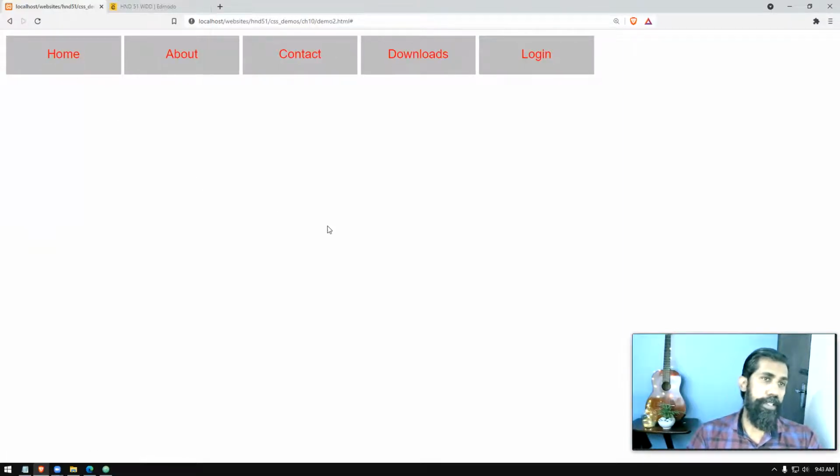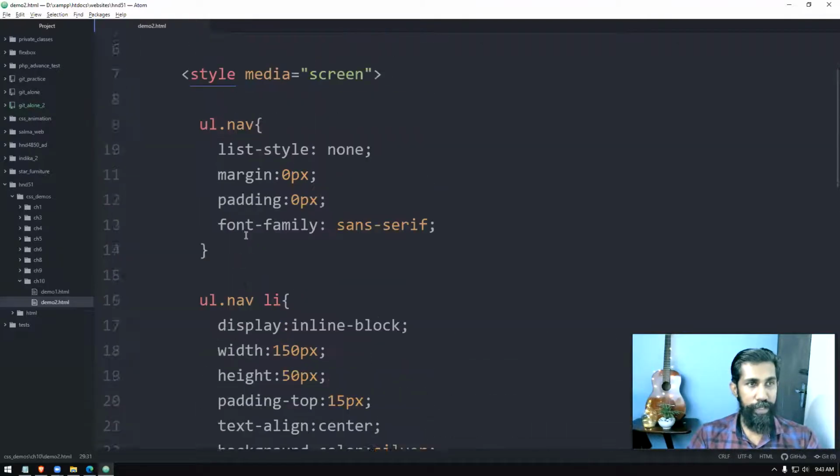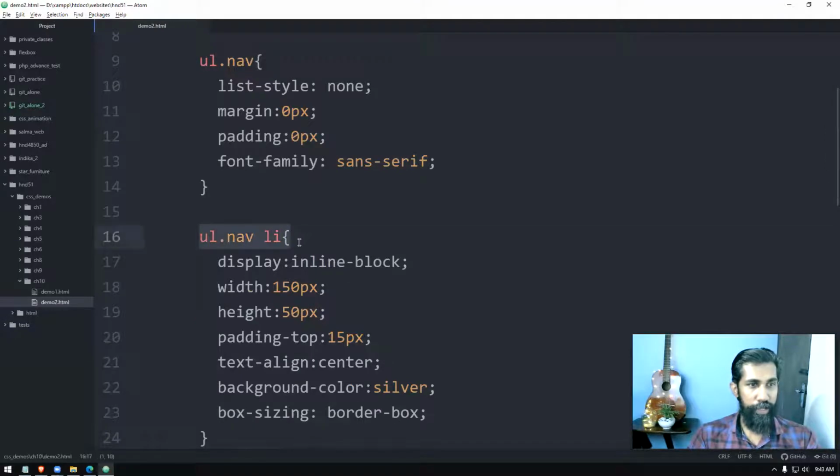Now you'd have noticed when the mouse pointer comes over here, there is no color changing, right? Once the mouse pointer comes over here, I want to change the background color of this list item. So we can come here, you can see this is the ul list item, right?